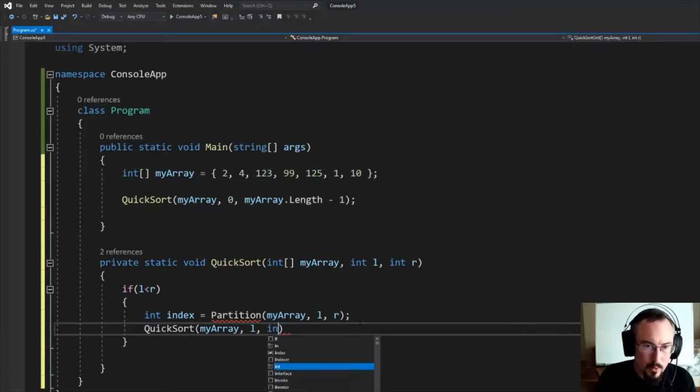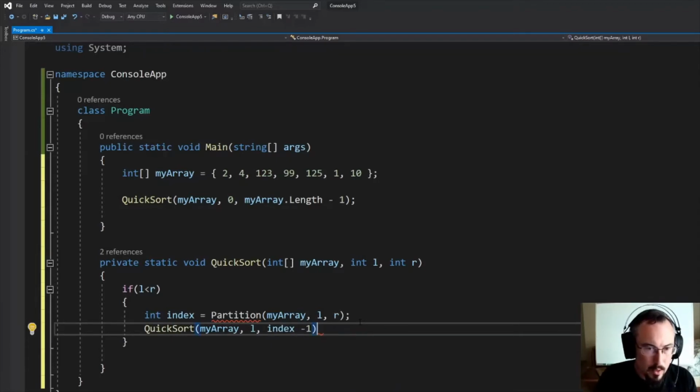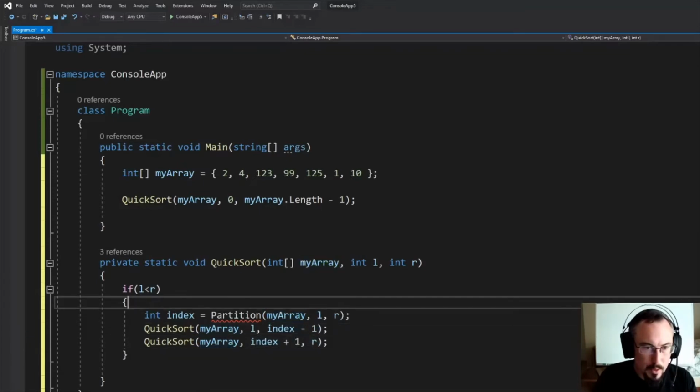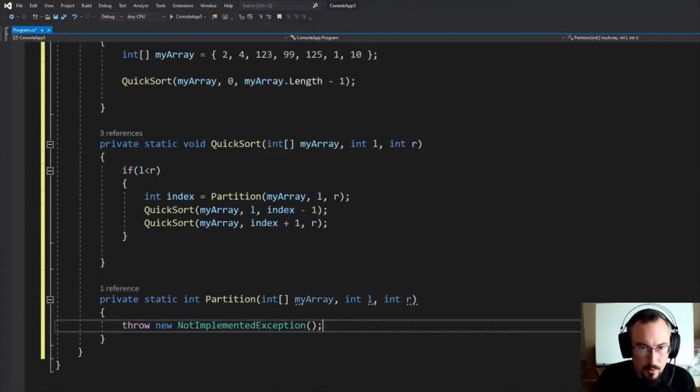So index minus 1 will be our right-hand side for that run, and then quicksort again on the right-hand side. Since we divided it up, it's going to be index plus 1, so we're skipping index all the way to the right. All right. Let's generate a partition method, and it actually picked the letters we want, left and right,